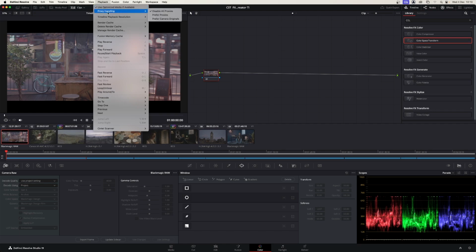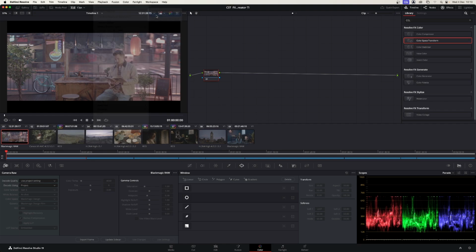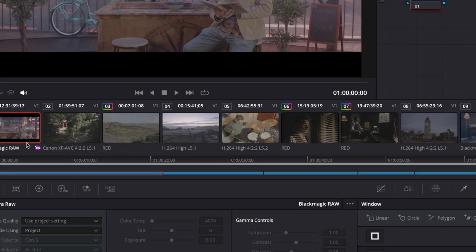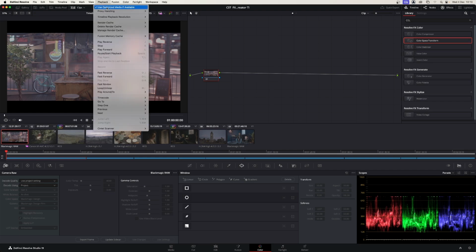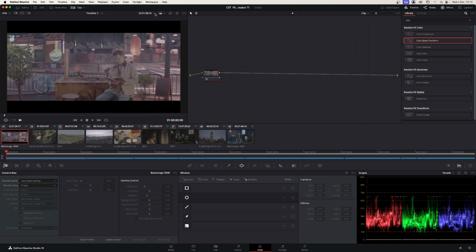If you wanted to turn on the proxies, you could go to the proxy handling and choose "Prefer proxies". When this happens, you'll see that we have a little proxy icon next to the clip, and that means our proxies are now turned on. Personally, I normally use optimized media instead of proxies, but it's entirely up to you, and it means we're going